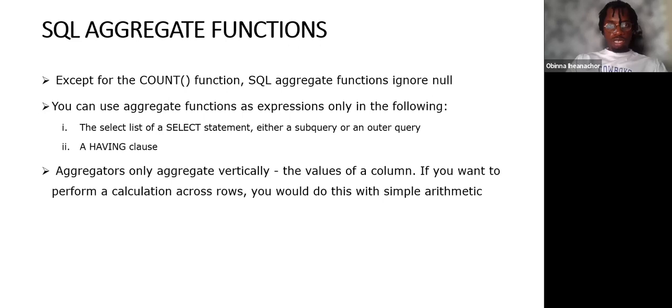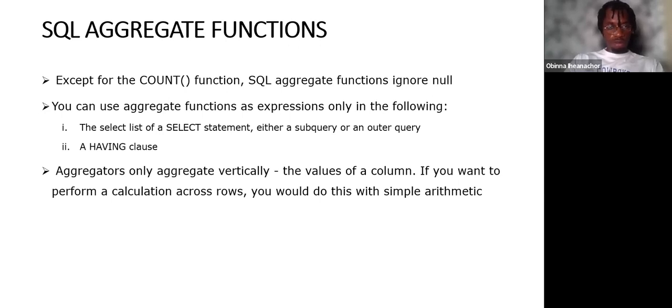Another thing to note is that when you're summing a column or getting the average of a column, they only work vertically on a column. Let's say I have 3 columns: a column for quantity, a column for sales, and then maybe a column for unit price. If I do an average, for example, it will only average one column. I can't average across a row. So they aggregate vertically. If you're doing something across a row, then you use simple arithmetic,